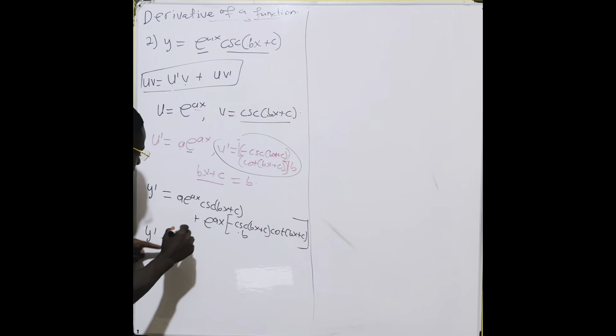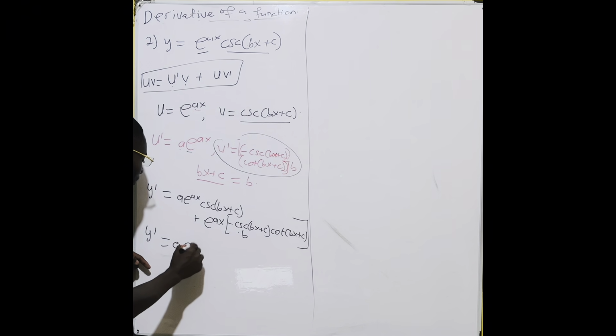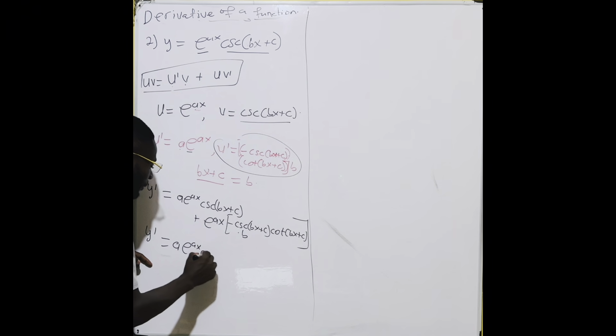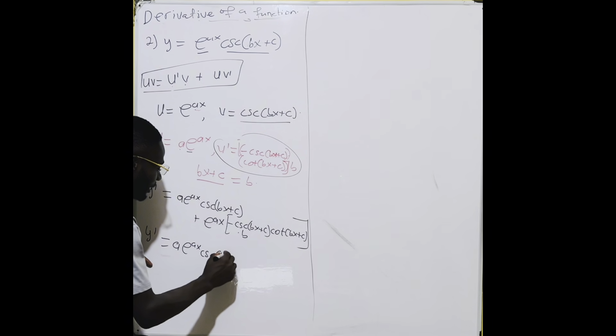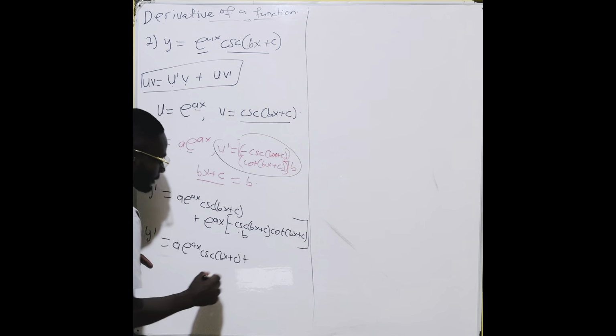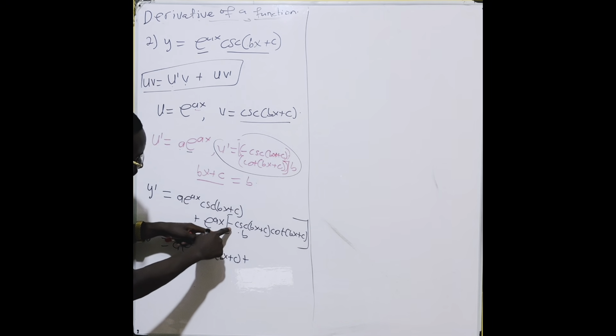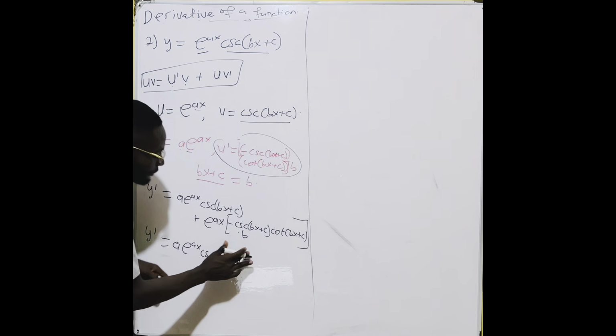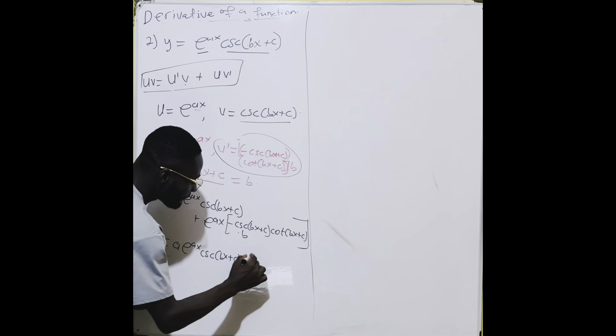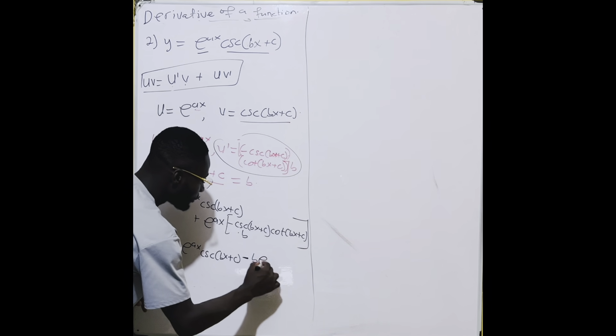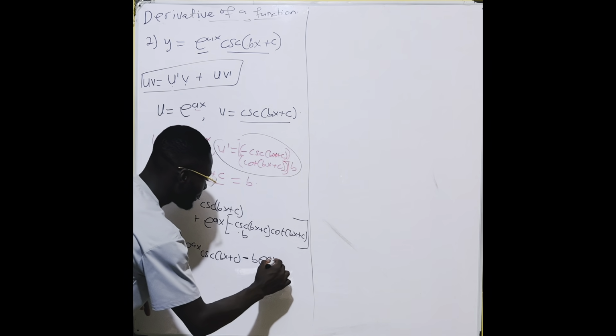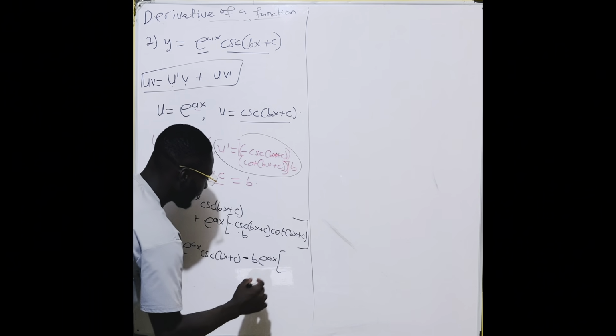When you simplify this, you're going to have a e to the power ax cosec into bx plus c plus, okay, let's bring the negative out, right? So we have negative b e to the power ax multiplied by